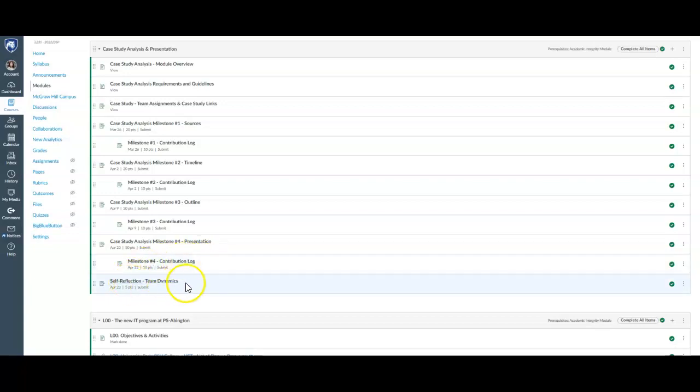Then at the very end, you're going to do a self-reflection, and you will answer questions collectively about the actual project experience and how difficult it can sometimes be working as a team. It doesn't always work out the way we would like it to, but it's a learning experience. And within the way our world is today, we work in teams. So this is a really good test to see how well you work in a team, where your strengths are and where your weaknesses are,